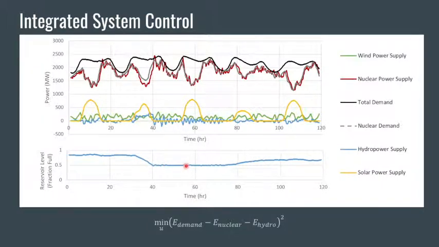And that PID controller also feeds this parameter to the objective function of our model predictive controller, which allows us to have this separation that you see right here at about time 25 to 40, where the demand is being fulfilled not by the nuclear power supply anymore, but by the